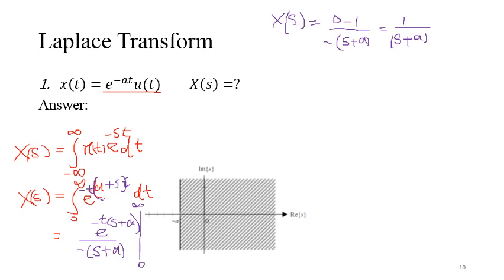To find the region of convergence for this signal, we consider only the real part, so that means real of s is how much? Because s equals sigma plus j omega, right? So we can say real of s basically is sigma. So sigma is the real part of s, and this will converge only when